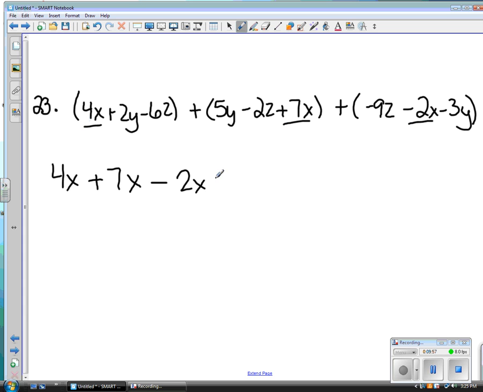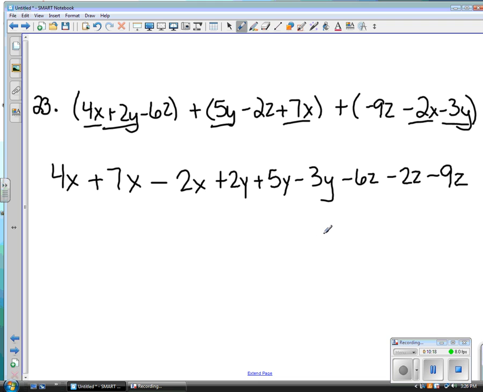I'm going to go to my y's. Again, those appeared from here, here, and here. And then now I'm going to add my z's. I want to make this a minus 9 because of the negative 9. So now, once I drop the grouping symbols and arrange in one step, then I'm going to go through